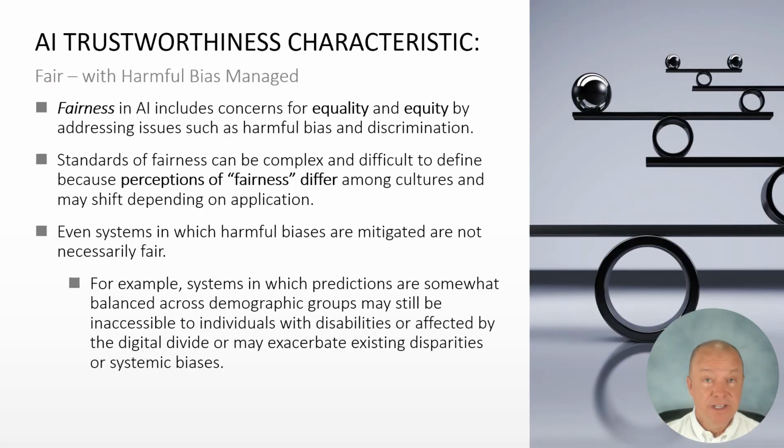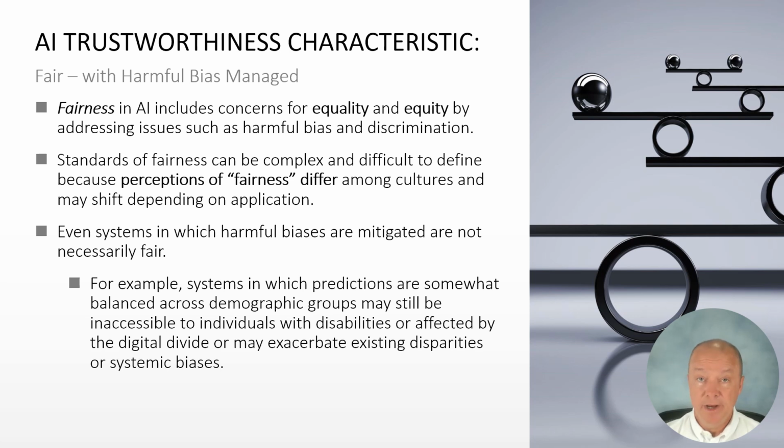And the next characteristic for achieving AI trustworthiness is perhaps one of the most important and elusive. We want our AI system to be fair, and we want to be able to manage any potential harmful bias that may be inherent to the system. So what is fairness? Fairness in AI includes concerns for equality and equity by addressing issues such as harmful bias